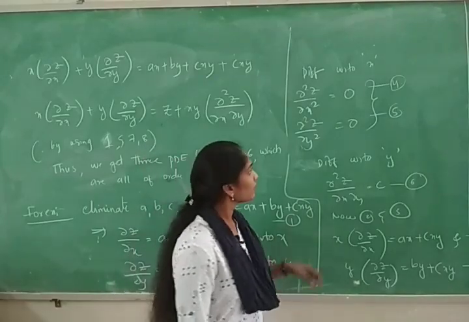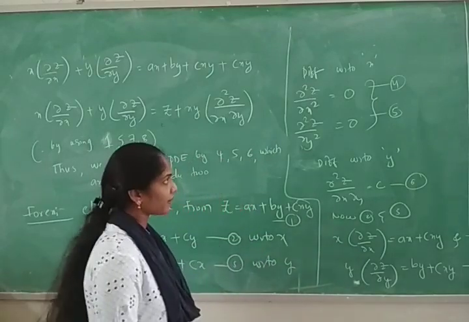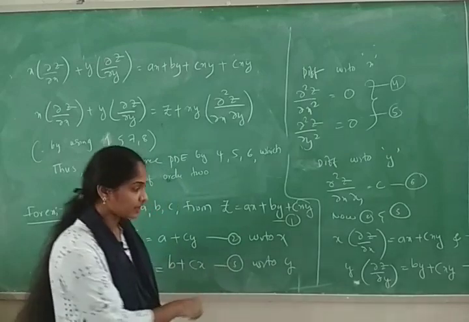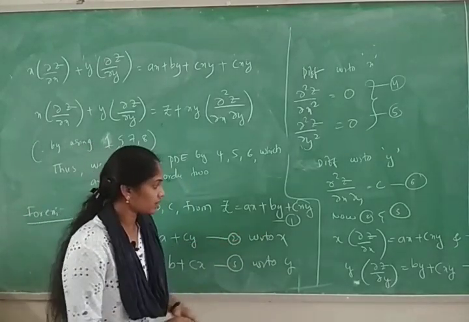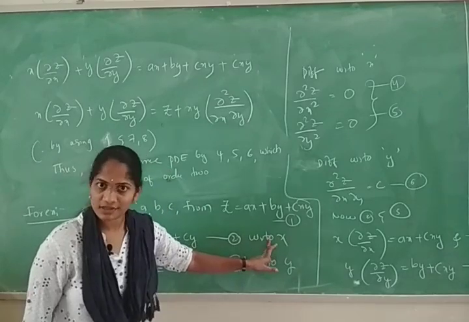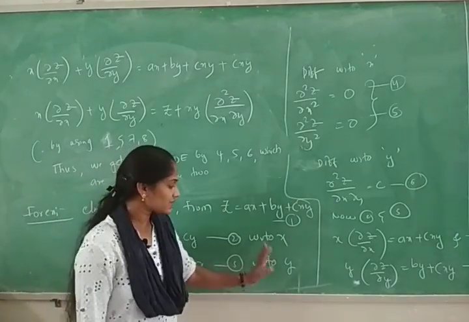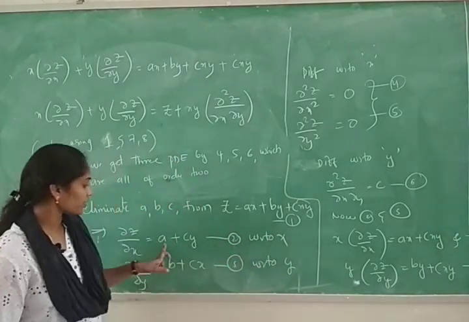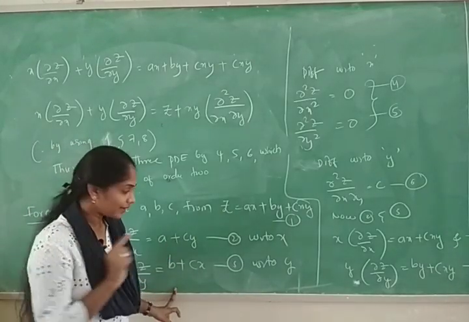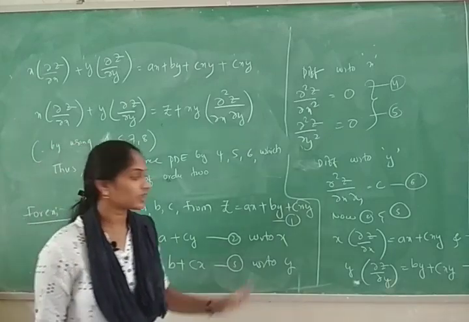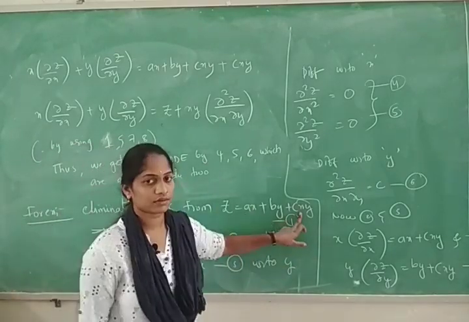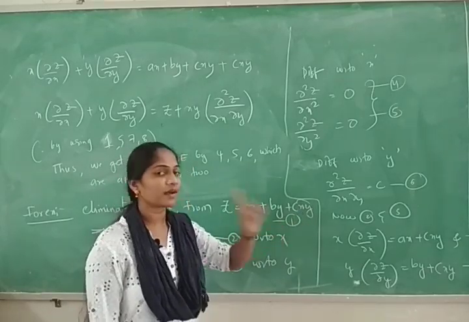So this is the equation. Now we are differentiating twice, because this is the required equation. So now you are differentiating with respect to x and y, and when you do that, again you are also getting the arbitrary constants. Okay? This is the situation of equation situation 3, when the arbitrary constants are greater than the independent variables, because a, b, c are 3 arbitrary constants, and x and y are 2 independent variables.